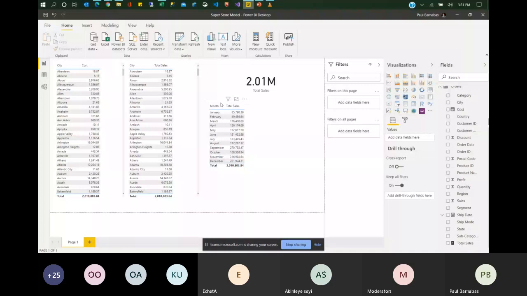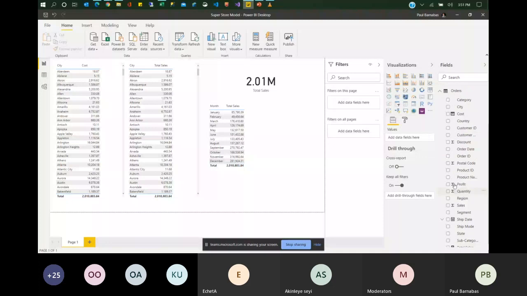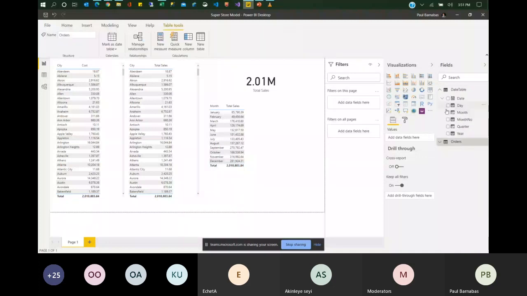But before we can make use of our quick measures very well, it's ideal for us to tell Power BI that we have a date table, and we have to ensure that the date table is referenced or understood by Power BI. And how do we go about that? We come to our table tools, come to mark as date table.